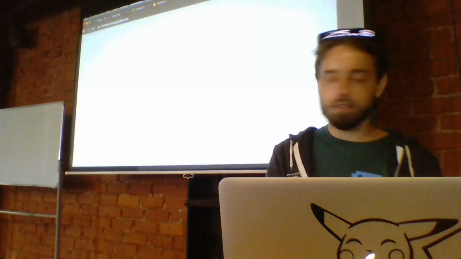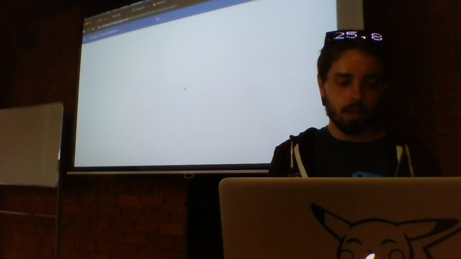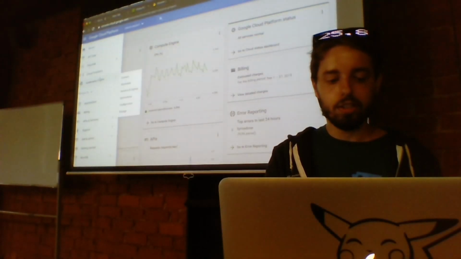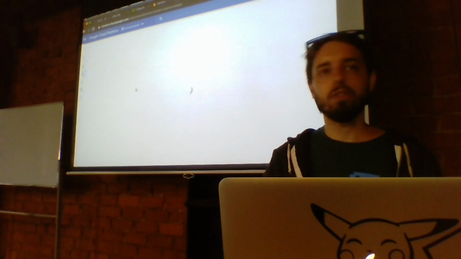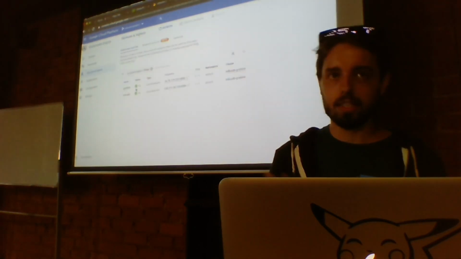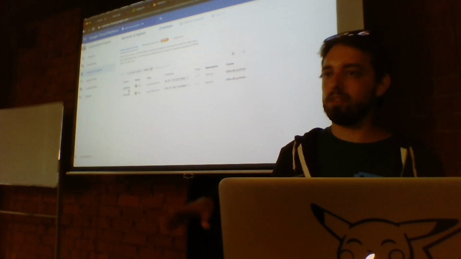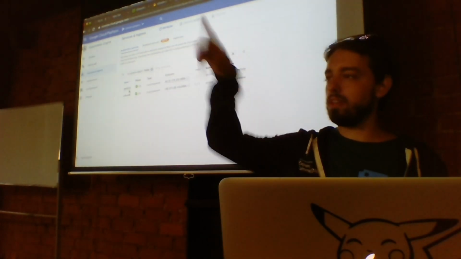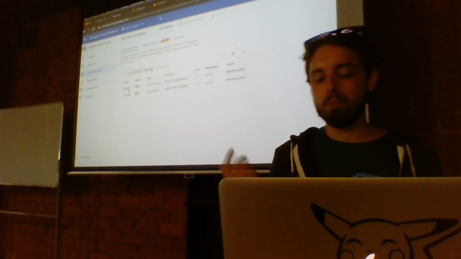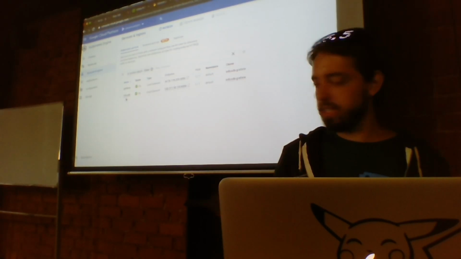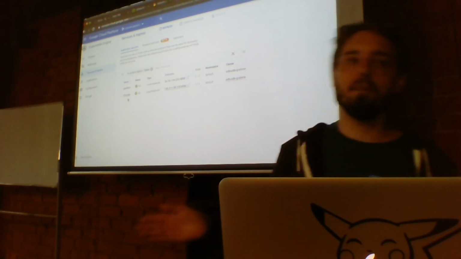In Google Cloud Platform, I used Kubernetes to host some services. In Google Cloud Kubernetes, I hosted a Grafana. If you have some DevOps in your companies, they use Grafana to have graphics for the monitoring of the infrastructure. And I deployed on Kubernetes InfluxDB, which is a time series database.